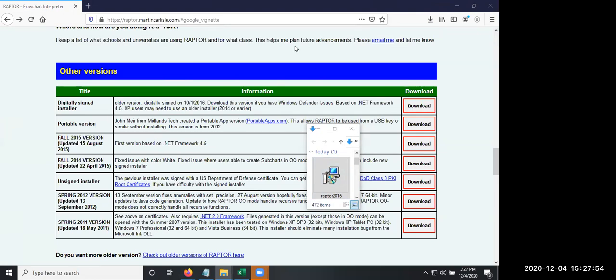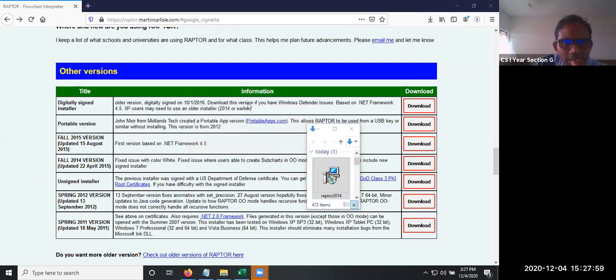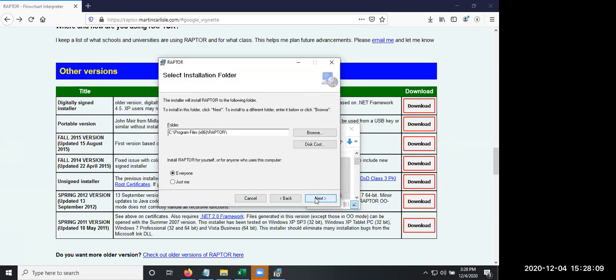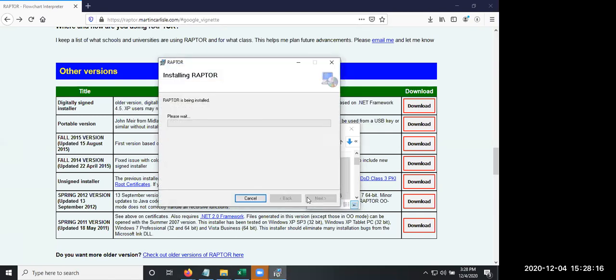Sir, you are downloading the older version. Not an issue. There is a small box on top, new version. What we should type in Google? Google, type Raptor.